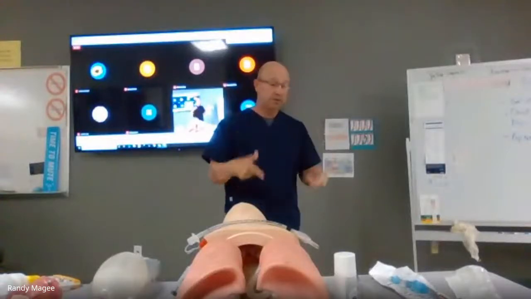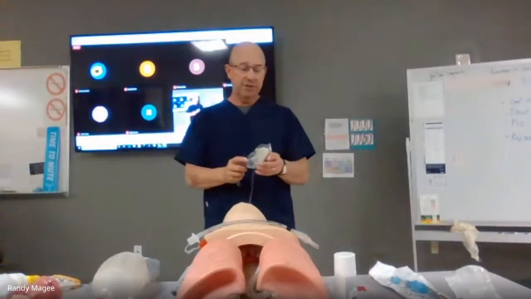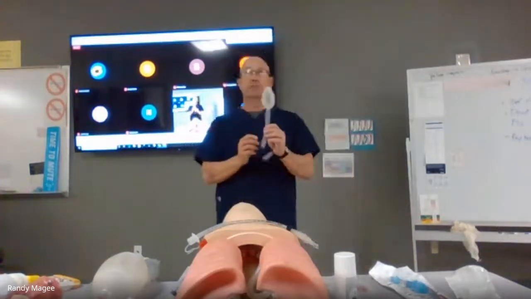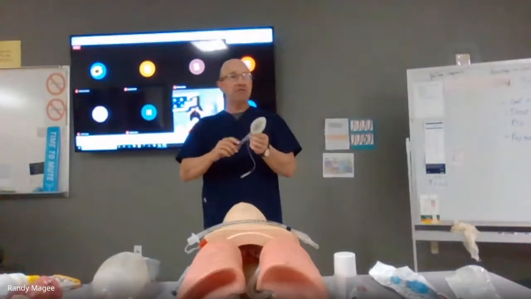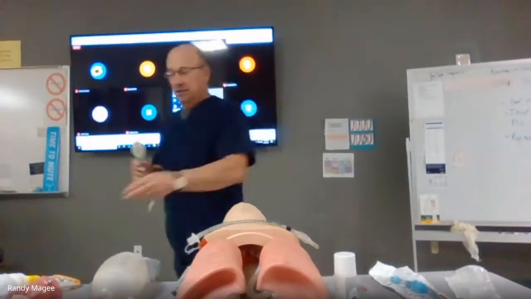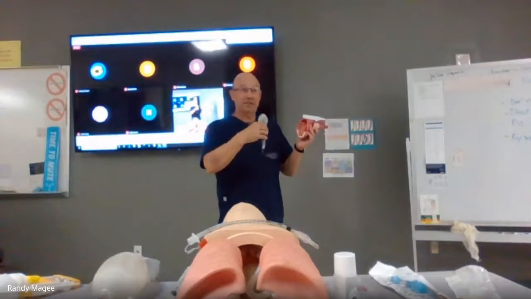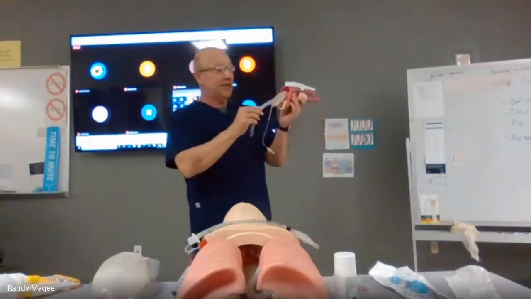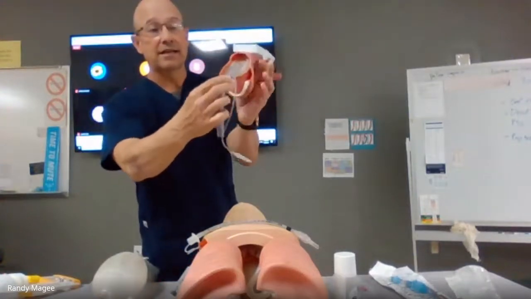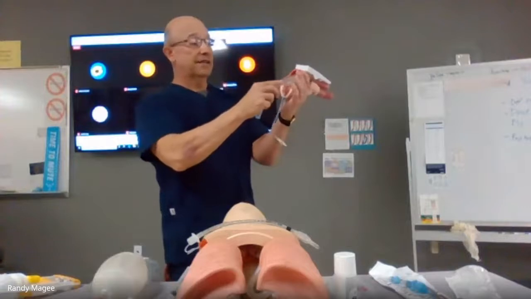Let's see. Before we do that, let me talk about the rescue airways. That way I can leave them intubated. There's a couple of rescue airways. This is called the LMA, Laryngeal Mask Airway. Okay, and this is for if I can't get the patient intubated for some reason. Maybe I have them paralyzed now. I can't get them intubated. So the LMA, and they use this a lot for like day surgeries and stuff. Instead of doing an intubation, they put an LMA in. In this, I just shove this in there, and it sits over the airway like that. And then I inflate this cuff, this part with 30 cc's of air, and it sort of sits back there